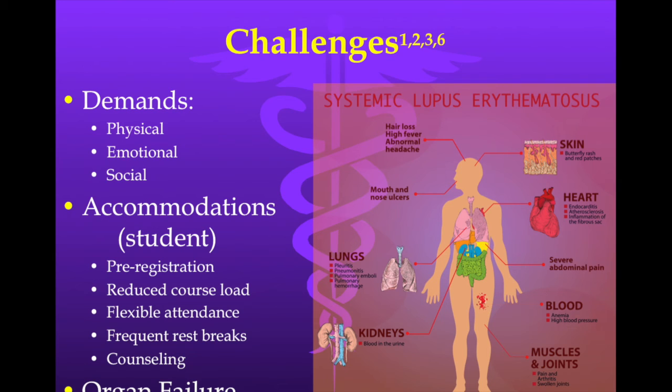Another challenge that people with lupus face is the fear of death. Kidney problems are a major cause of morbidity and mortality among patients with lupus. But death in people with lupus can be slowed down, and this is because people with lupus tend to have organ trouble or failure, and the reason people are dying because of lupus is because of kidney failure. But the frequency of people with lupus dying from kidney failure can be decreased by therapy, kidney dialysis, and possibly a transplant. Scientists are not yet sure why this is a cause of death for lupus patients, but they do